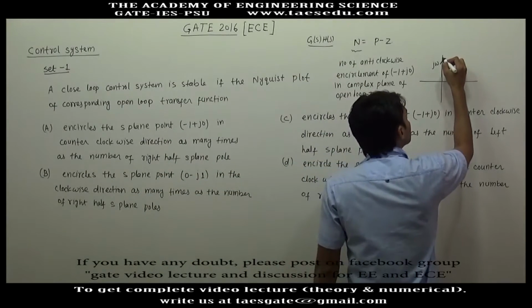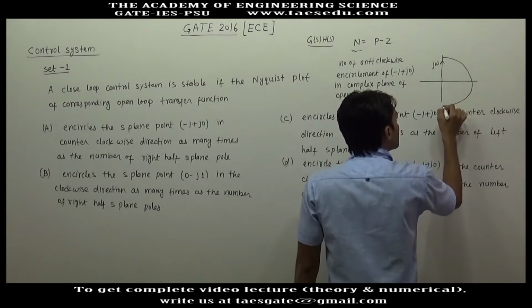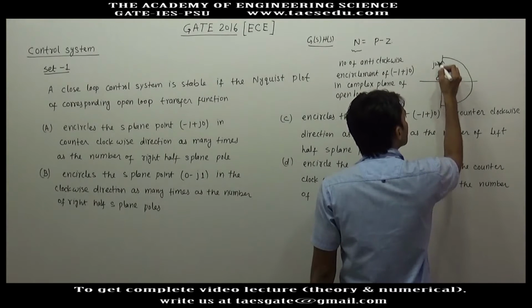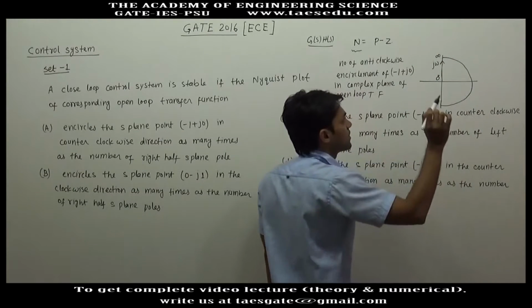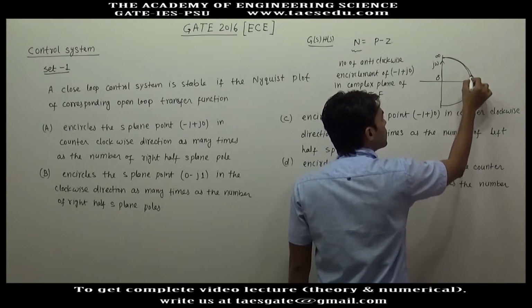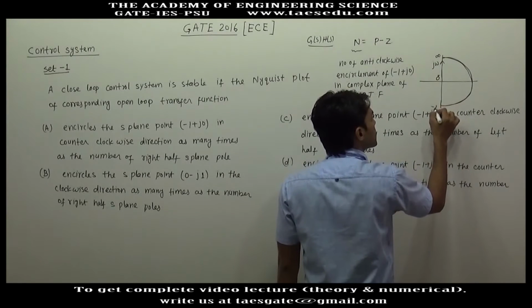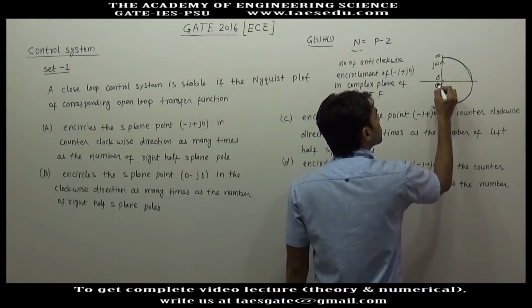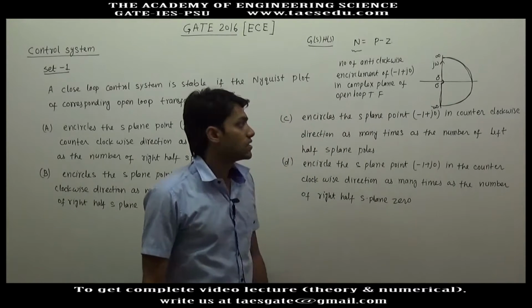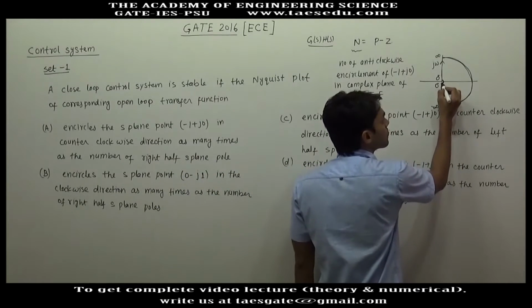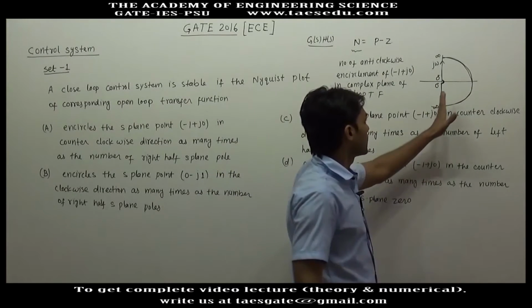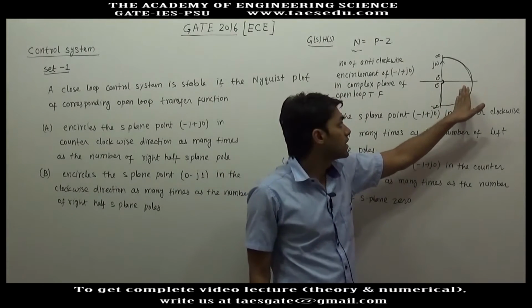Then, making an infinite radius, we move from plus infinity to minus infinity, and then we again go back to 0, then making a radius tending to 0, we again reach from 0 minus to 0 plus. So this way we cover the entire right half of S plane,